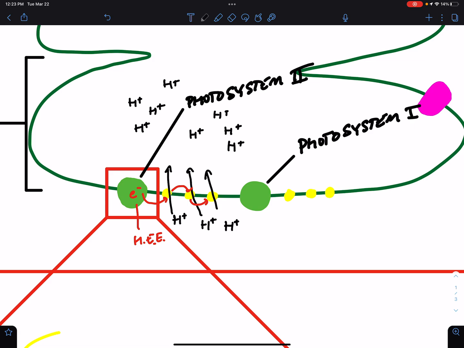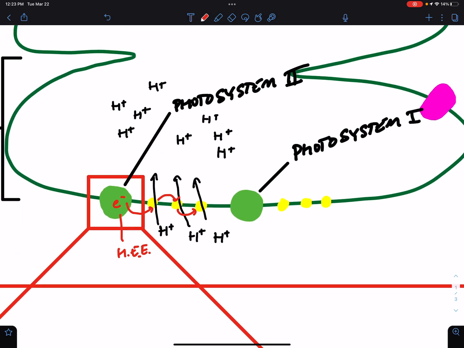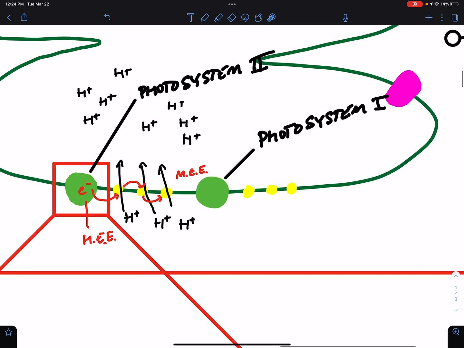So by the time it gets to this last part of the chain, it is now a medium energy electron, a Me, because some of its energy has been used to pump hydrogen through the membrane against its concentration gradient. So what happens here is that this medium energy electron is then passed on to this photosystem number 1, which